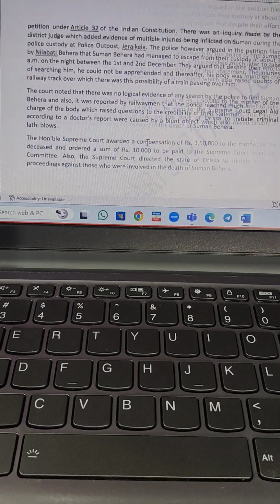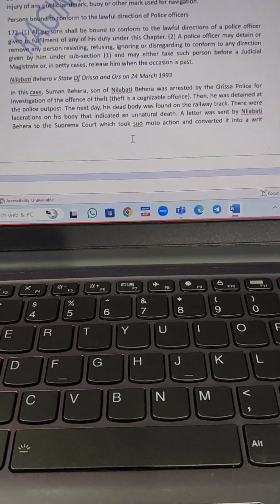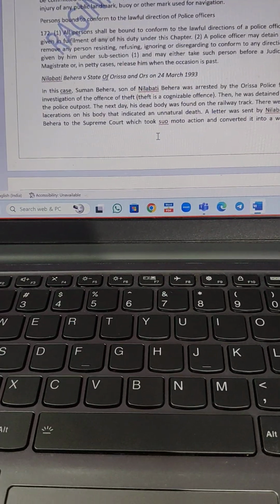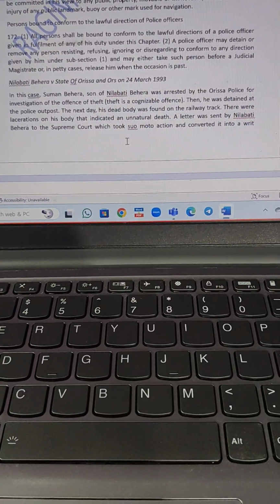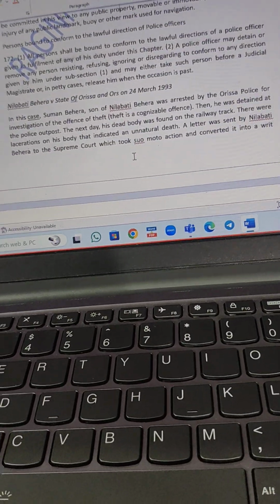So this is also happening. We often see custodial death happening. So when we talk about the power of the police officer, nowadays they really enjoy some excessive power, because of which